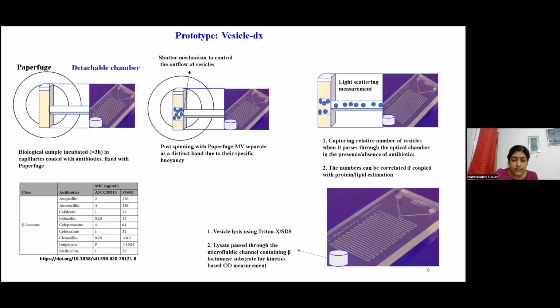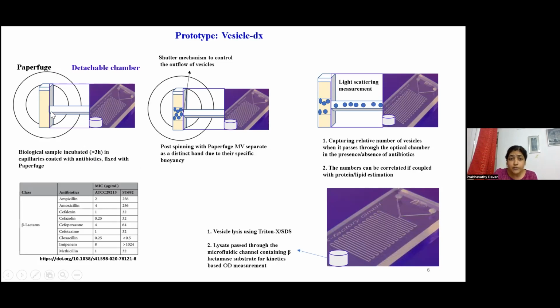So I had chosen that as a sort of preliminary antibiotic list here. So we can coat them and allow the samples to be incubated there. Most references mention that secretion starts from 30 minutes and goes up to a maximum of maybe 3 hours, so that you get enough load of vesicles to be detected at the end. And then you allow the incubation to happen.